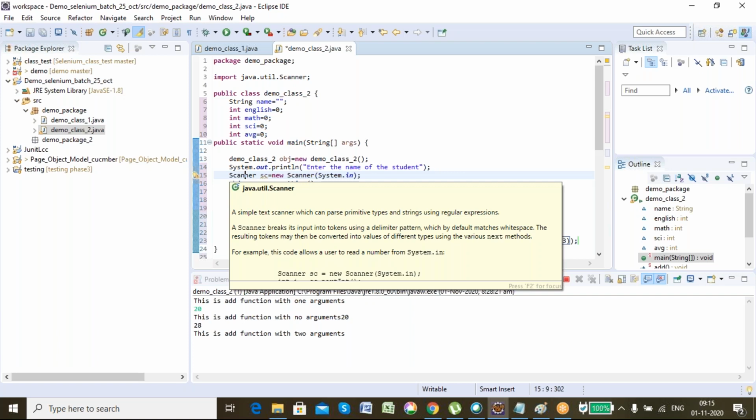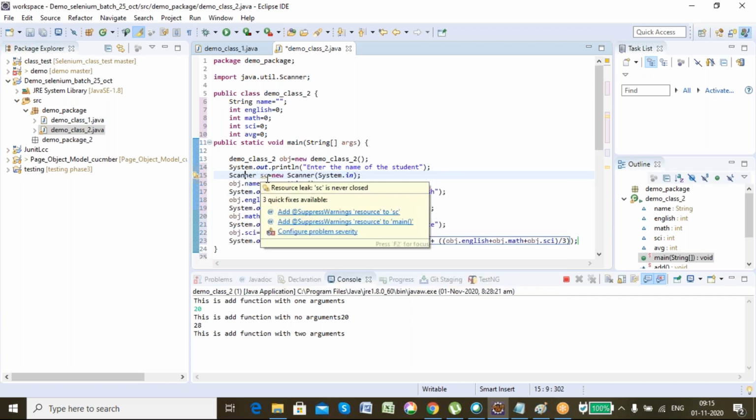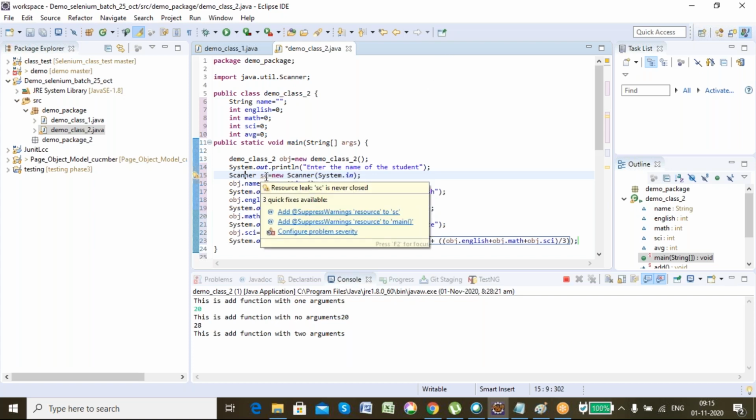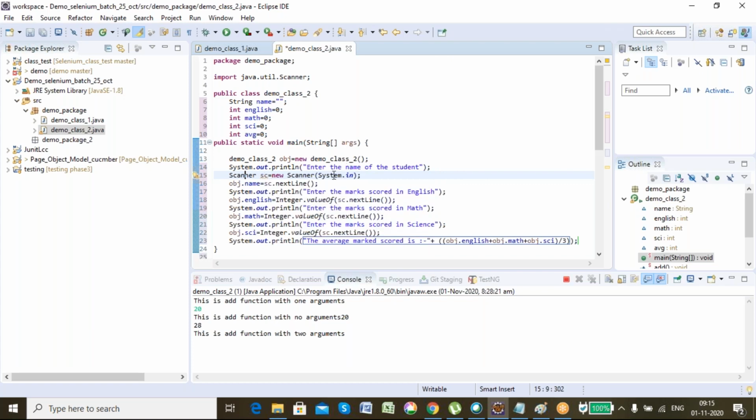So the Scanner class is already present in Java. We are just creating an object of the Scanner class and passing the argument System.in.